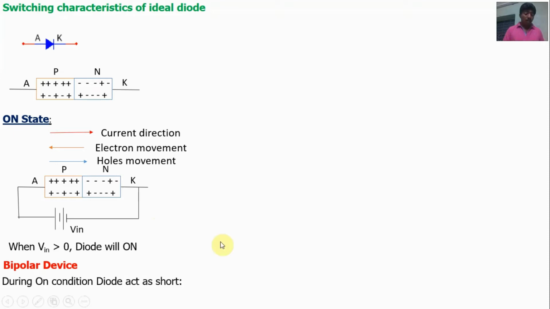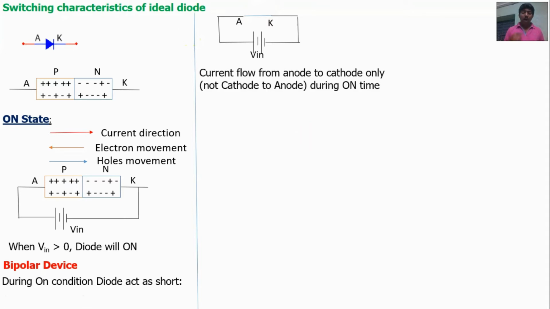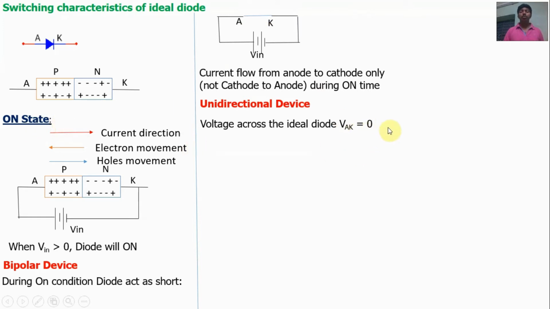Okay, switching characteristics. During on condition, the diode acts as a short, so we may replace the diode by a short. So the voltage across the short, meaning the voltage across the device, will be zero. Always current flows from anode to cathode. Okay, so it's a unidirectional device. By the on condition, we may test whether it is a unidirectional device or bidirectional device. Okay, the voltage across the ideal diode, the voltage across the short, is zero, so the voltage across the device during on state will be zero. During off state,